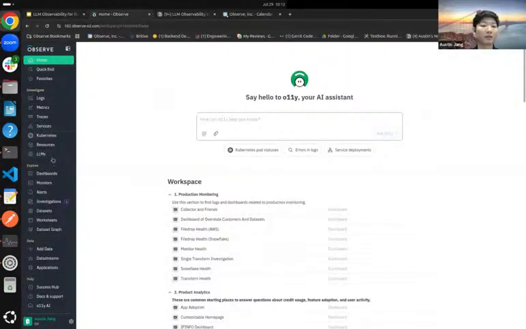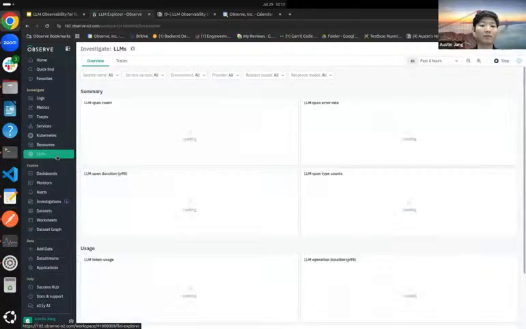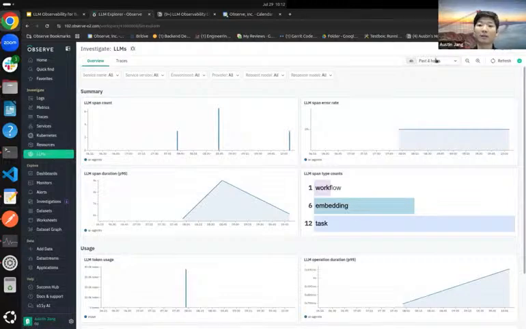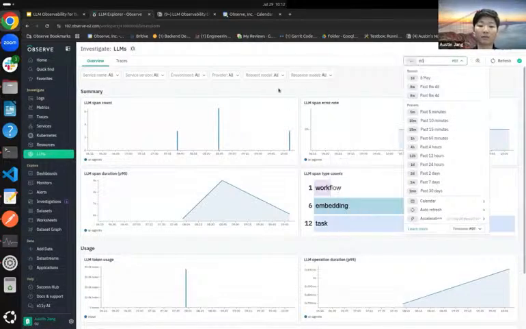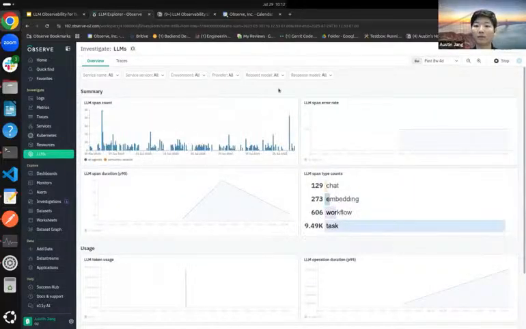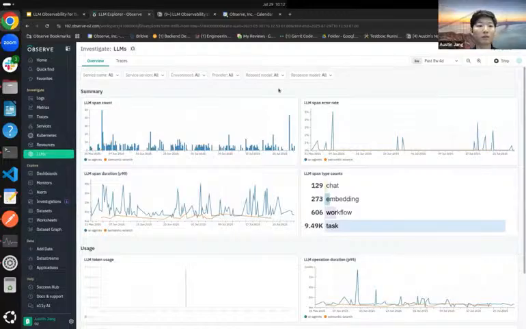So let's head over to Observe, and the LLM Explorer, which is what you would use for LLM observability in Observe, is under this LLMs tab. Let's go ahead and look in the past 60 days. So the first use case that I want to show is how we can use the LLM Explorer to analyze token usage over time and figure out